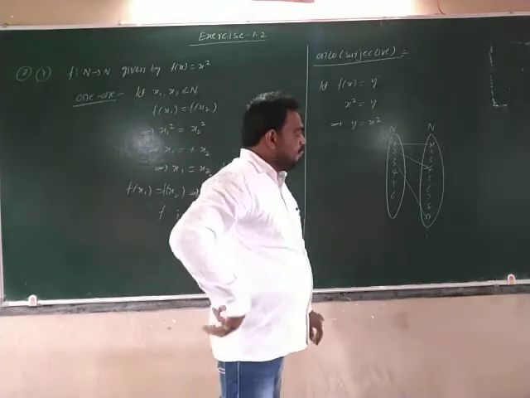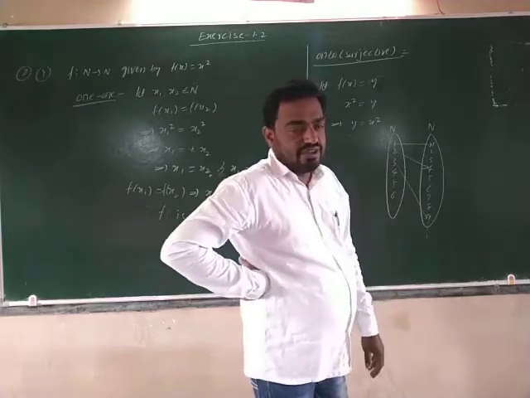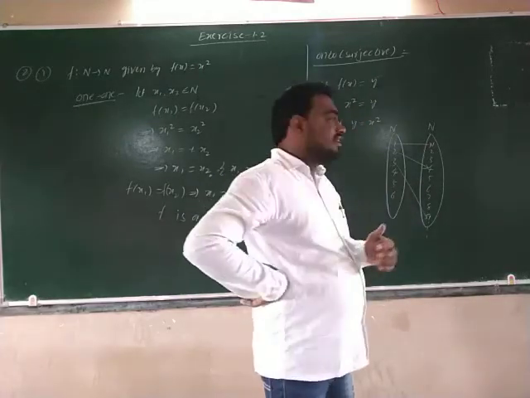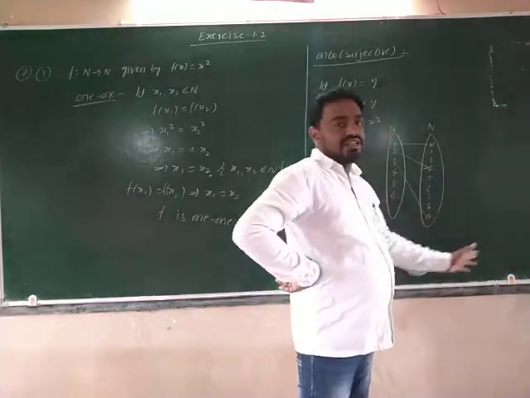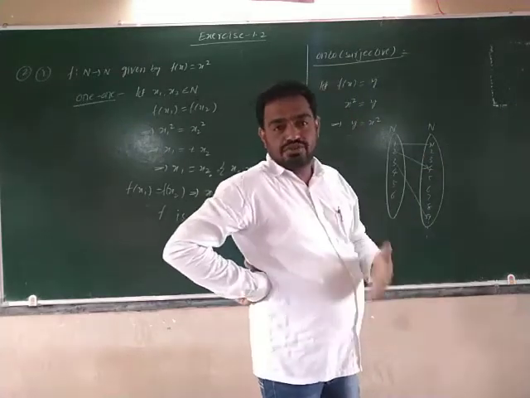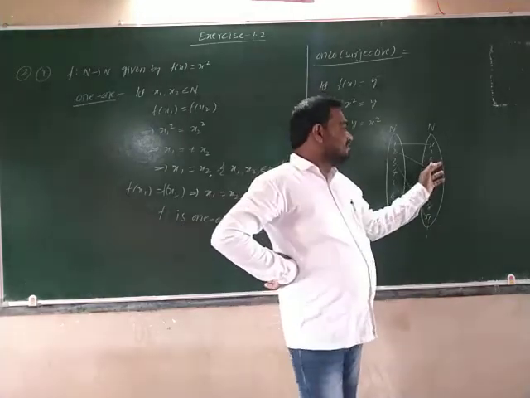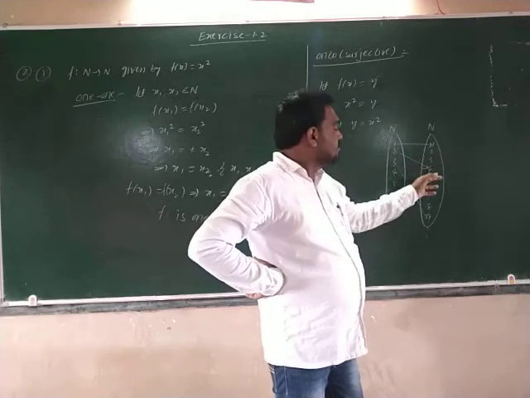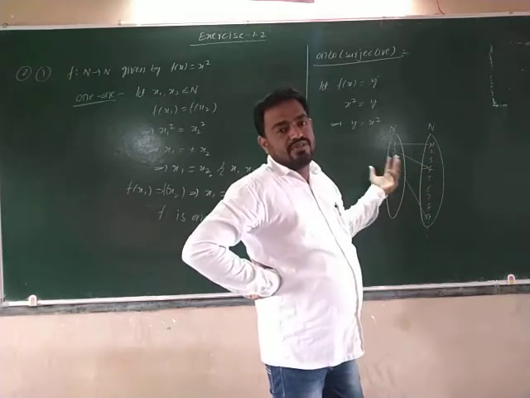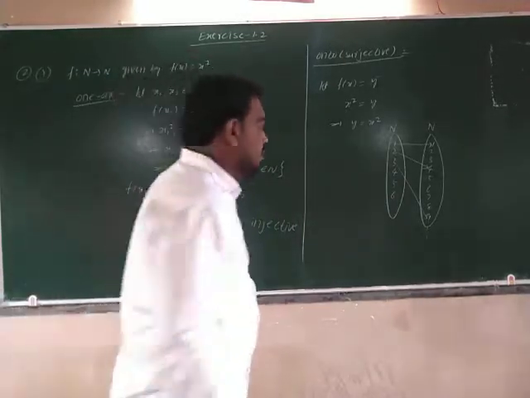You see, what is the codomain? Codomain is the set of all the natural numbers. What is the range? Range is equal to squares of the integers. What are they? 1, 4, 9, and so on. Is codomain equal to range? No, codomain is not equal to range. For example, 3 is there. 3 doesn't have the image. 5, 6, 7, 8, so many numbers don't have the images. So it is not an onto function.